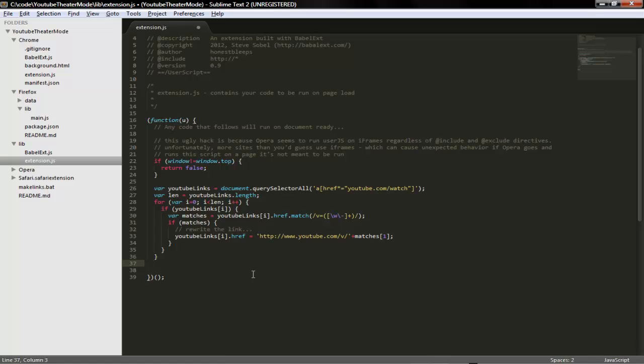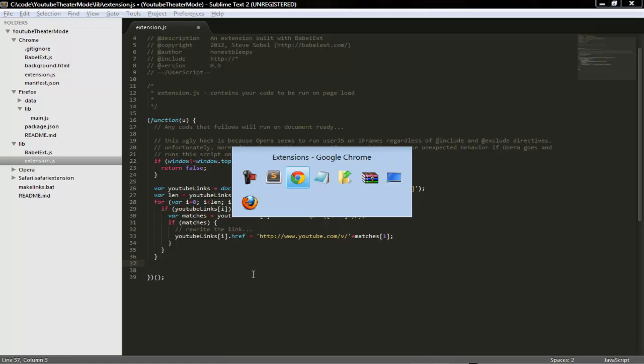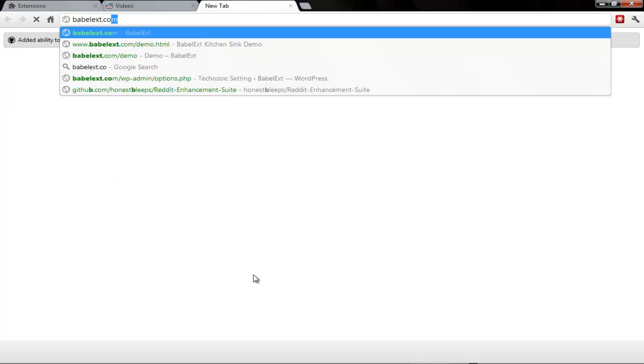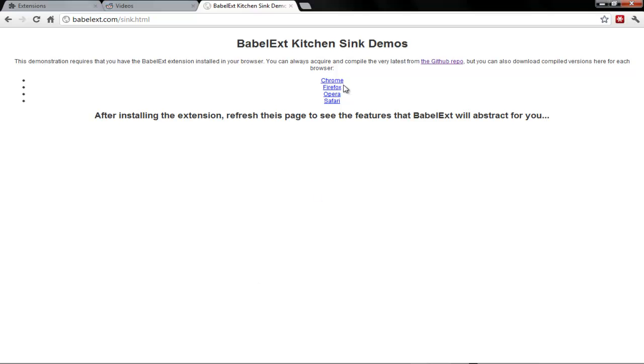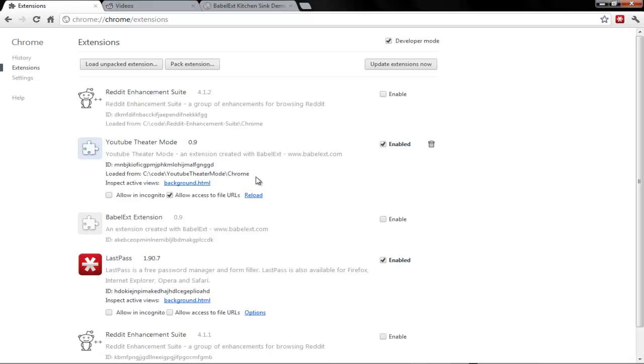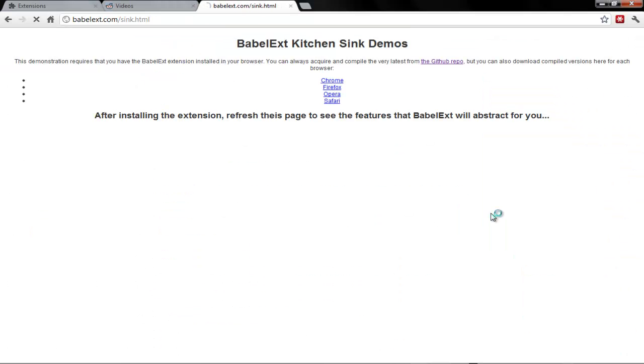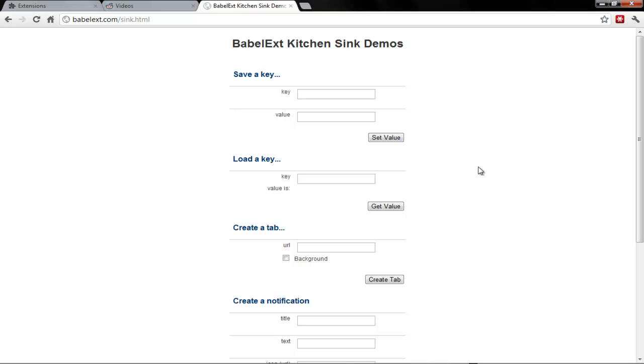So one thing you might want to mess with a little bit is some of the other features of BabelExt. If we look at the kitchen sink demo, we're supposed to install the extension. I already have it installed, so I don't really need to redo this. So if I go to the kitchen sink demo with the extension installed, you'll see there's a number of things